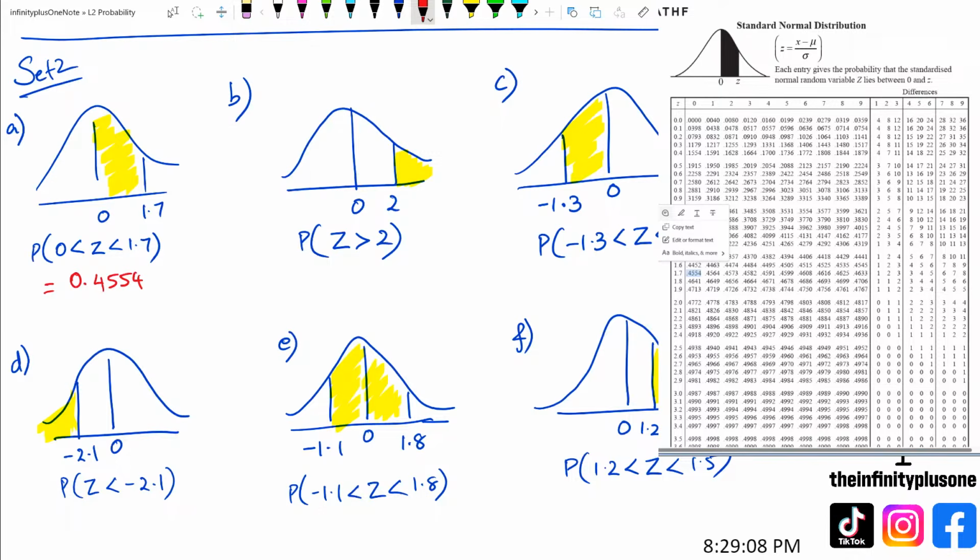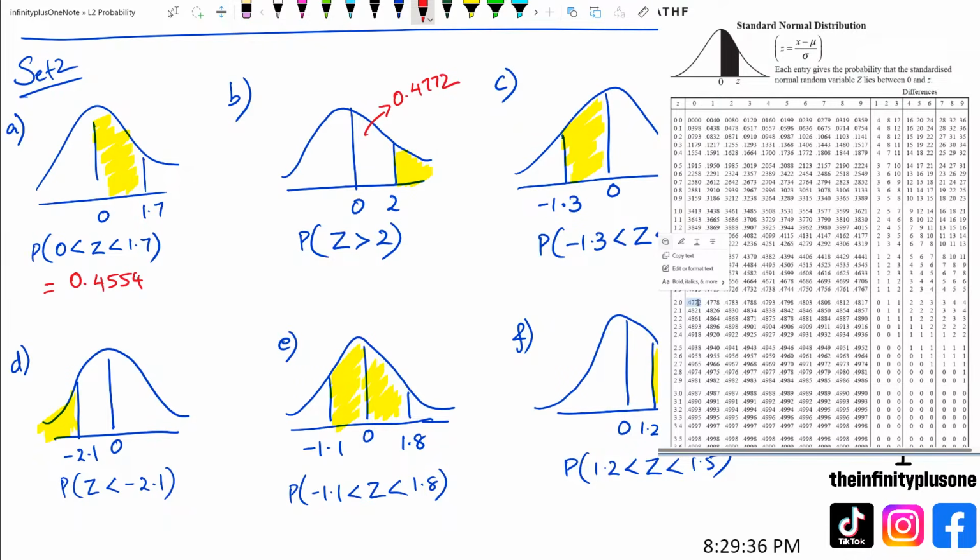Now, looking at the second question, it says I want it greater than 2, right? Now, remember, these tables calculate from 0 to z, okay? So if we have a look at 2, we are getting 0.4772. That basically means this area is worth